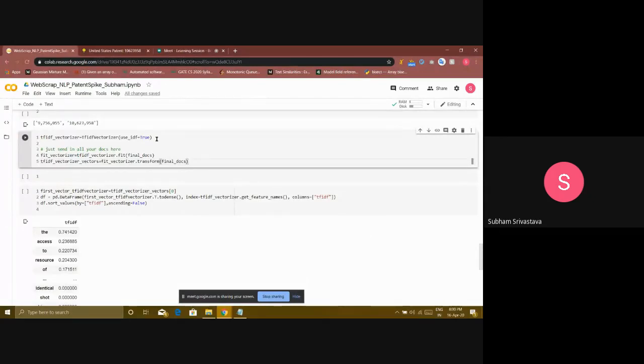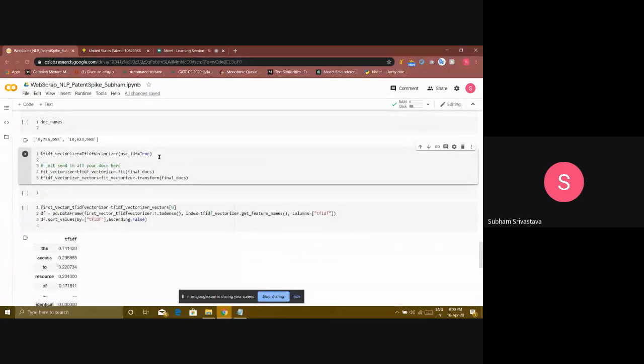So what does the TF-IDF vectorizer actually mean? What it does inside, now that I'm directly getting it from the scikit library, right? TF means term frequency: for each word, what is the count of that word in the document. IDF is inverse document frequency: in how many documents that word is present. TF is the logarithm of the count of that particular word. And why are we using a logarithm? Of course, because the value might be very large.